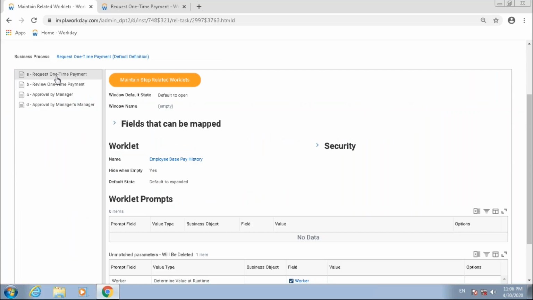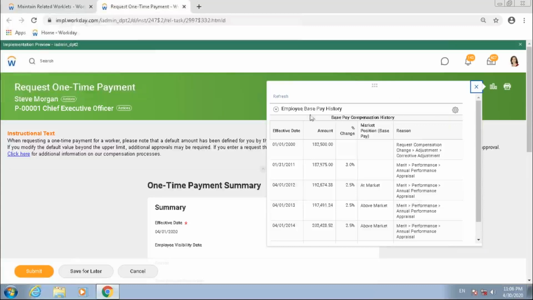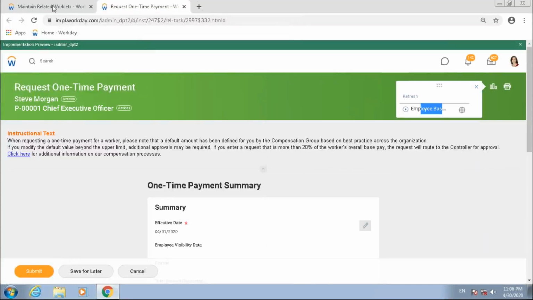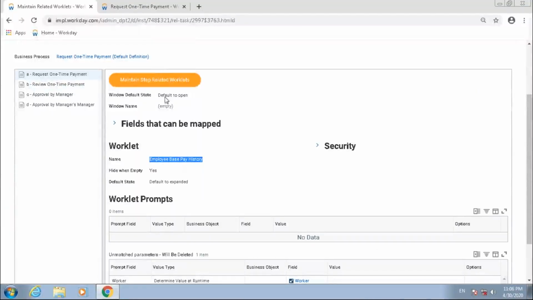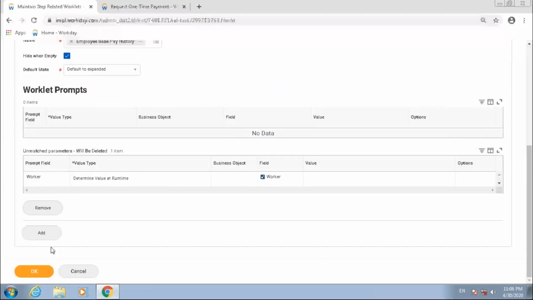So on my request one time payment, I have configured this custom report as a worklet, which is what shows up, employee base pay history, right? I can click here and for example add one more worklet or remove this existing worklet,